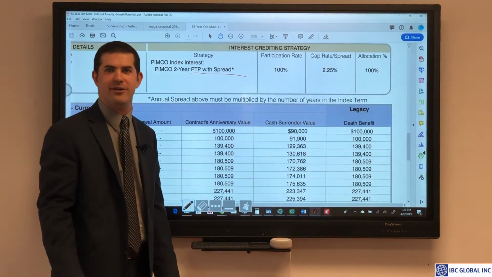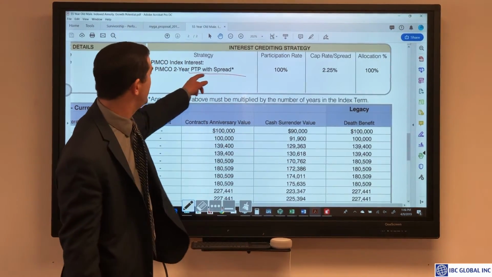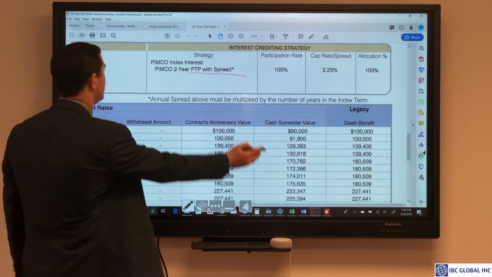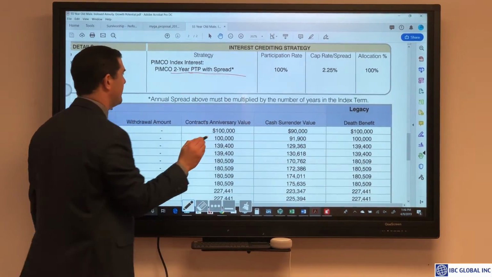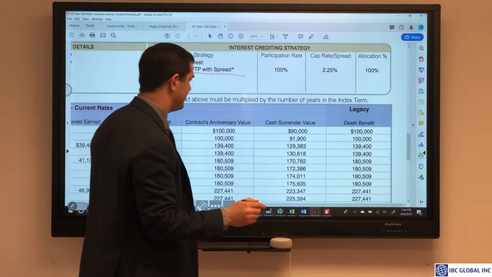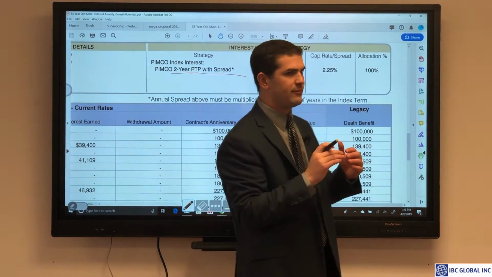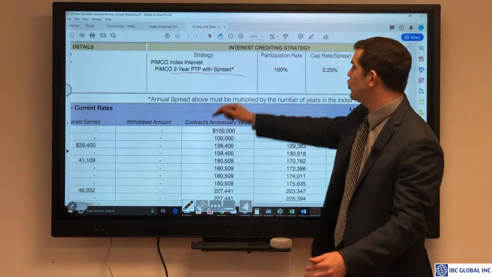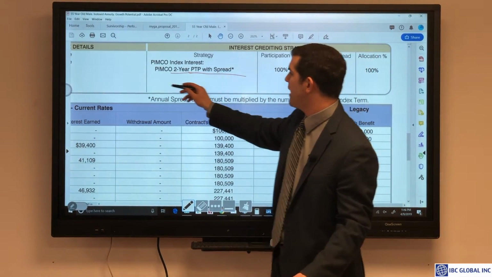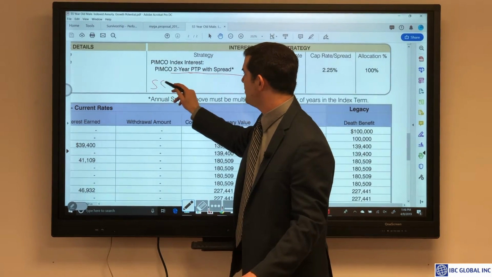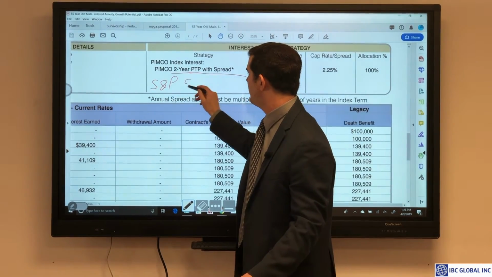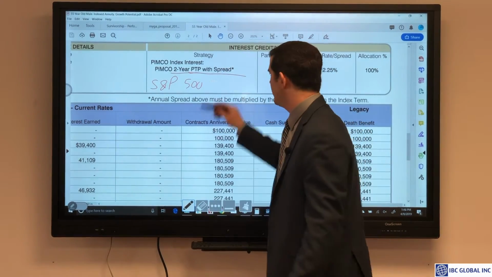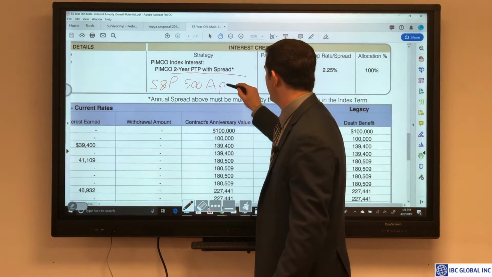What the heck does that mean? Point to point. You'll see this in the fine print of these big, thick packets. So 2-year point to point. What this means is I give the annuity company, in this case $100,000. A 2-year point to point means they're going to look at, here we're just going to use the same basic example, S&P 500. What's today's date? 10th? 9th? All right. April 9th. Thank you.